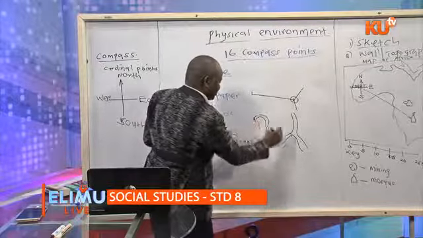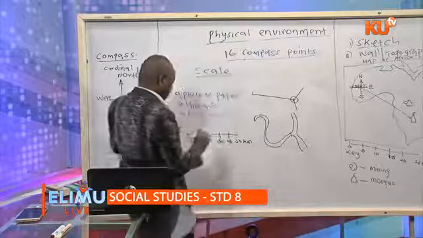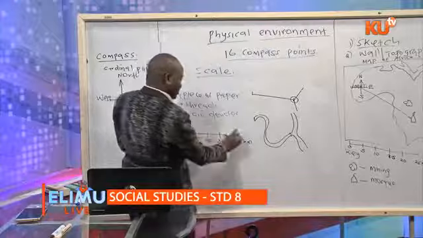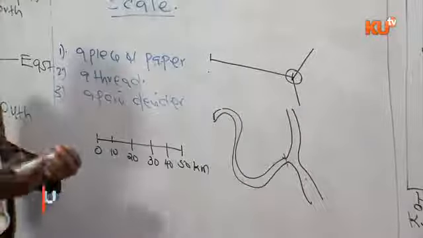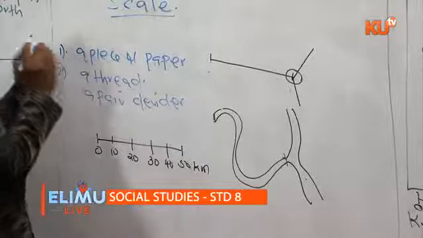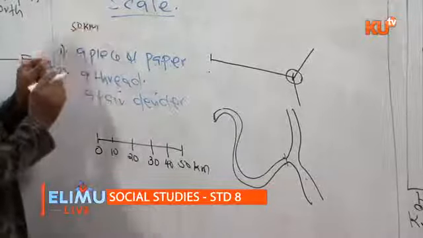You start at this point, then transfer the same. Mark the point without changing. Transfer into the scale. Measure it, put it here. Then you can be able to read the measurement. If it is at 50, go to where the 50 is, 50 kilometers, of course you can indicate, and then